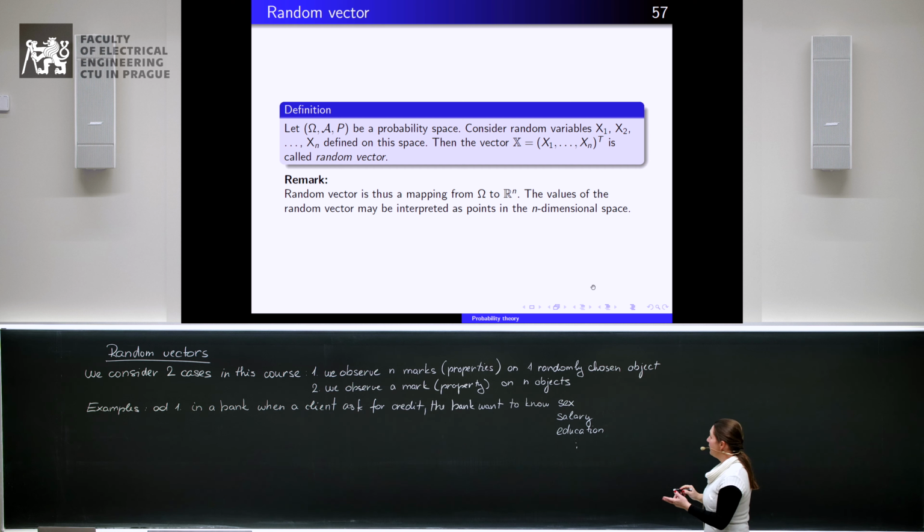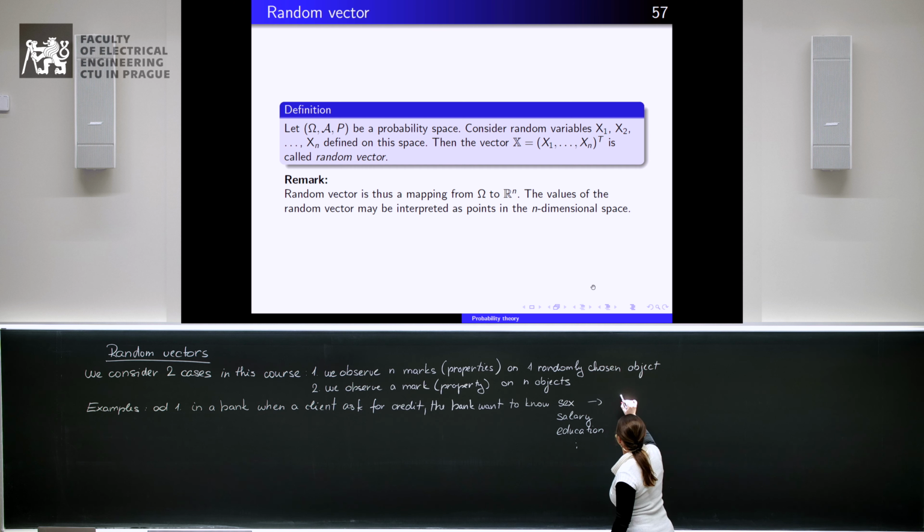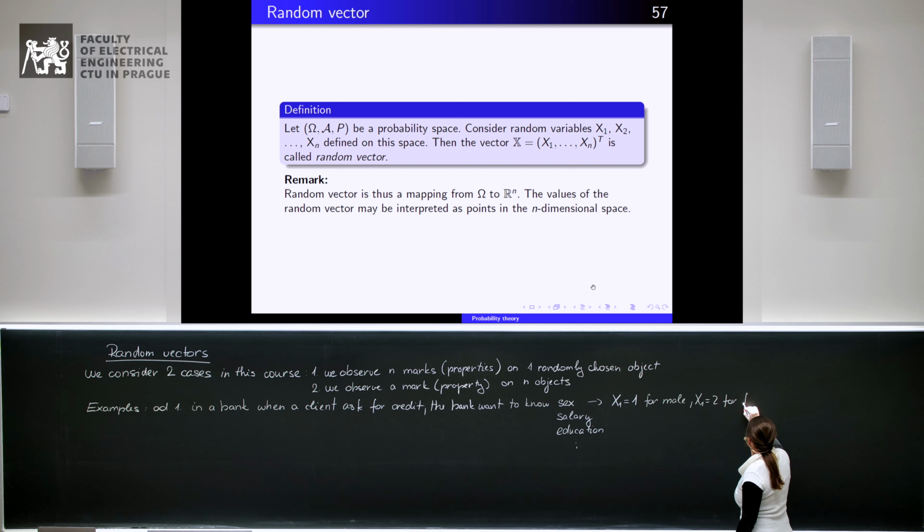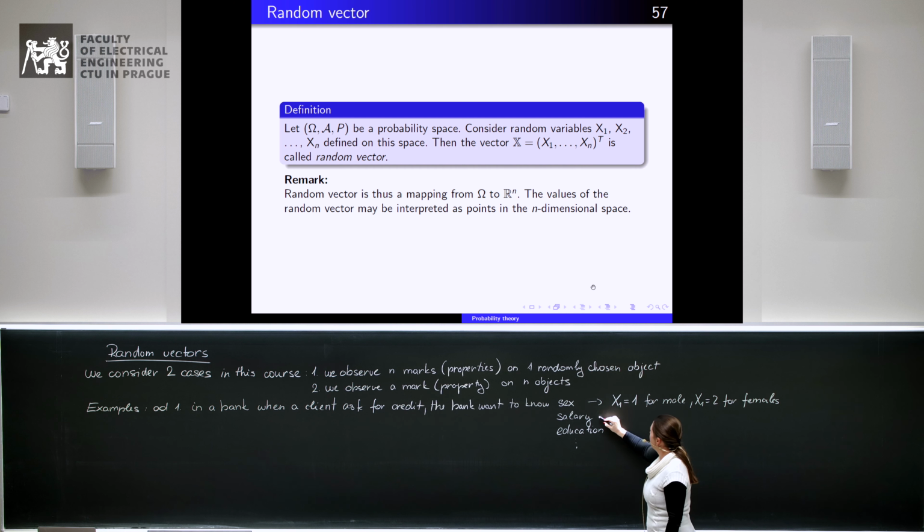So then, when we denote sex as a random variable x1, which can be either 1 for males and 2 for females, salary, which is a random number x2,